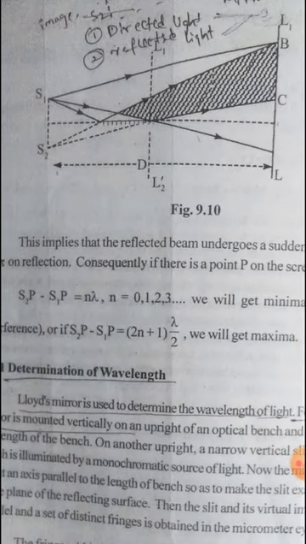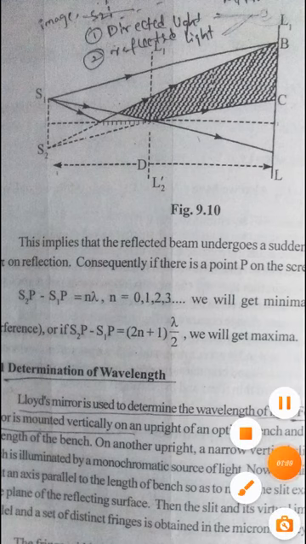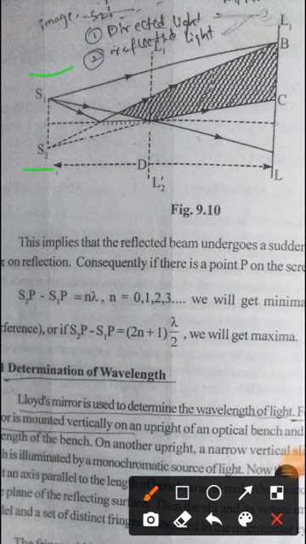Here is the figure of the Lloyd's mirror experiment. Here Lloyd's mirror is polished on the front surface and blackened at the back to avoid multiple reflections. Light from a slit S1 is allowed to fall on the plane mirror at grazing incidence. The mirror reflects a portion of the incident light, which gives rise to a virtual image S2 of the slit. The other part of the incident light proceeds directly from the slit S1 to the screen.